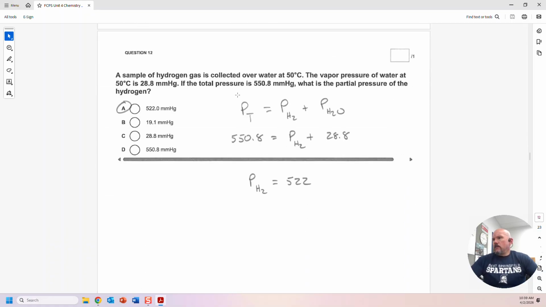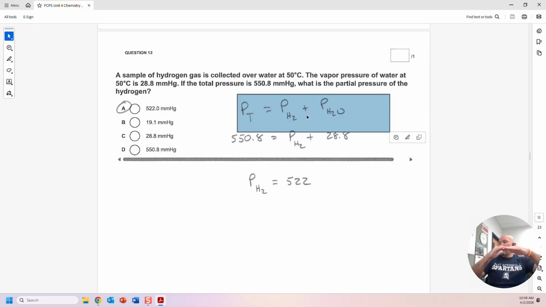But this is just a Dalton's law question. So the total pressure equals the sum of the partial pressures, and there's two gases being collected. When you collect a gas over water, you have the gas that's bubbling out of the water that you're collecting, but you also have some of the water that vaporizes, that evaporates, and so you also have some water vapor in there. So the gas particles in the container that you're collecting is not just hydrogen, you also have some water vapor. And so the total pressure equals the pressure of the hydrogen plus the pressure of the water that's